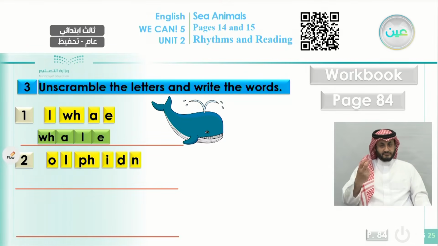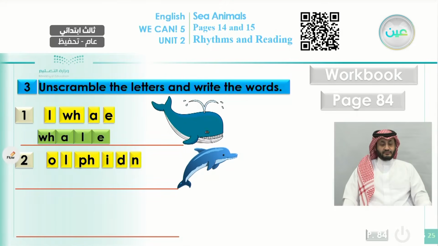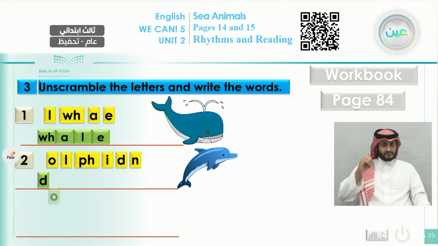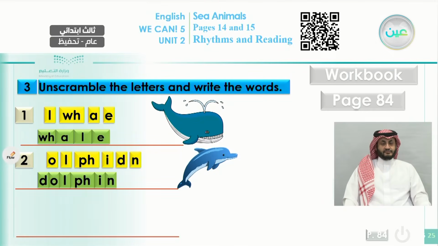The next one. Okay, let's play this game again. What is this? What do you think we can make from these letters? This is an animal or a sea animal, and I can show you the picture of this animal. That is the one. What is it? It is dolphin. But you need to know how to spell dolphin. It starts with D, O, that's right, L, okay, what else? PH, they come together. They are pronounced as a f sound. So you say dolph and then I-N. So this is a dolphin. This is how we can spell dolphin.